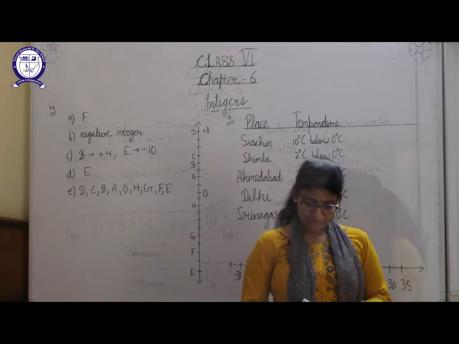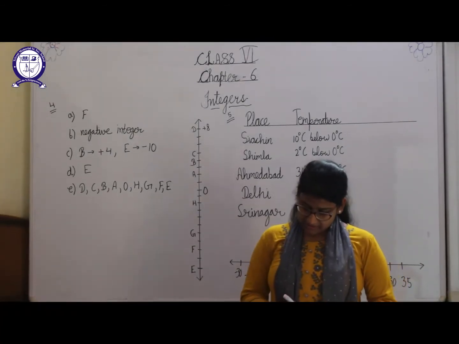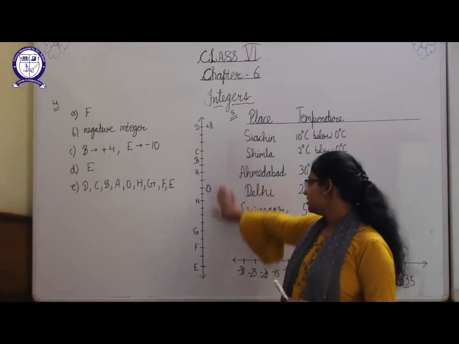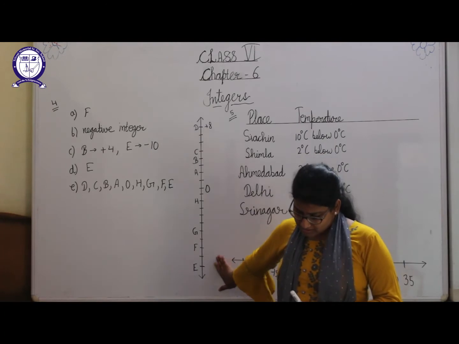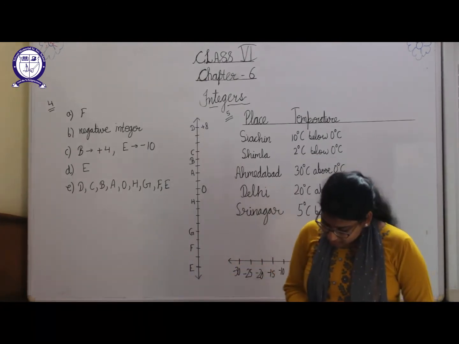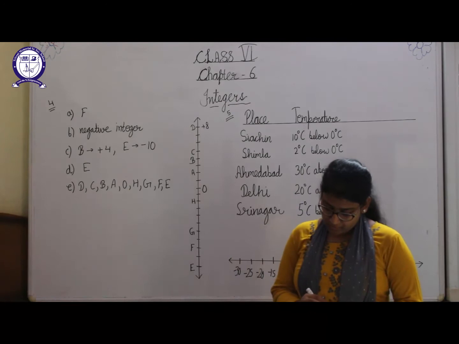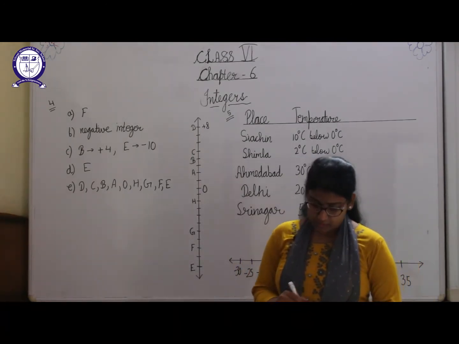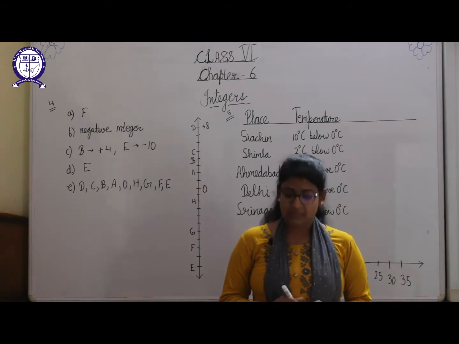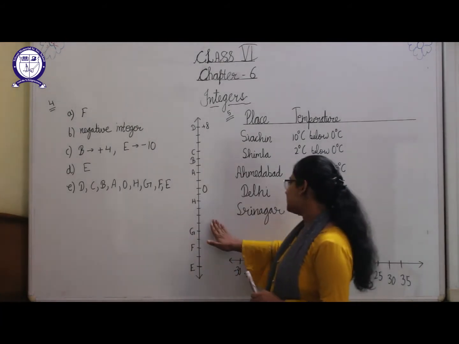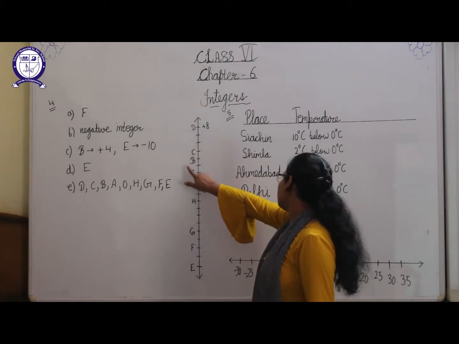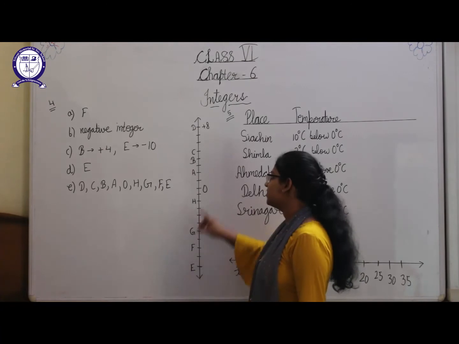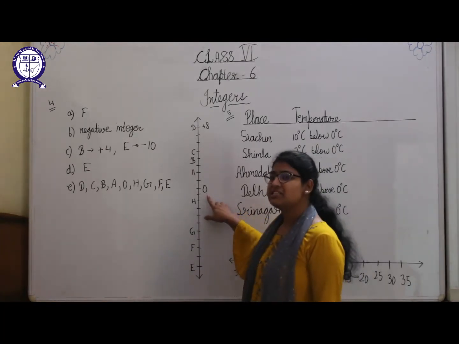Now students, our fourth question is a figure given to us. In this a vertical number line is given. This is the vertical number line given to us. We have to observe and locate the following points. In the first part it is given that if point D is positive 8, then which point is minus 8? This is point A, B, C, D and here H, G, F and E are given. This is point O, or we can say 0 point.